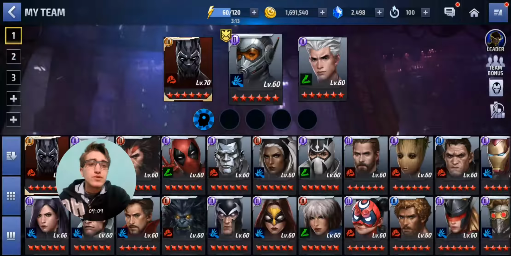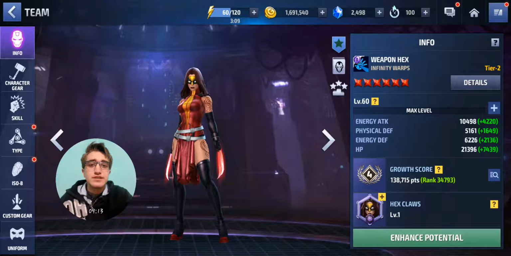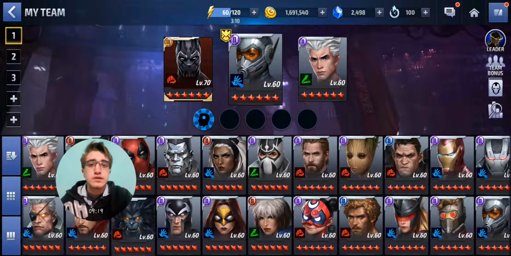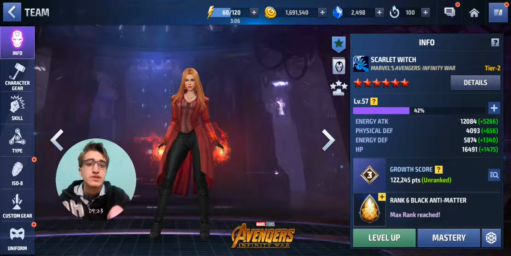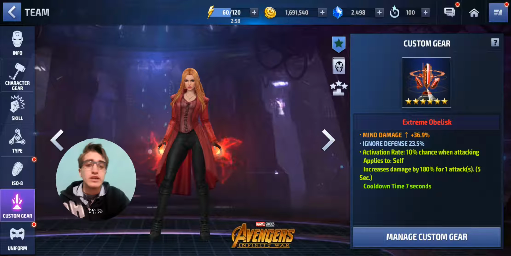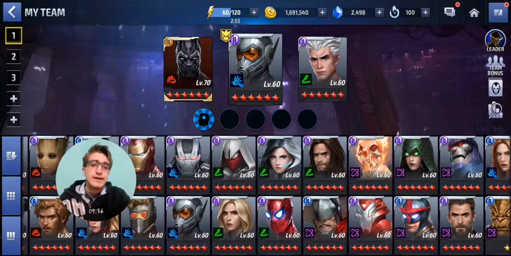Now let me show you Weapon X. There she is, I forgot. Let me actually show you my Scarlet Witch for the proc, and I'm sorry that I keep showing my finger there when I try to select the characters or to go to the character gears. And there you see it's ignore defense with mind damage and 180 proc, but I do that because I don't